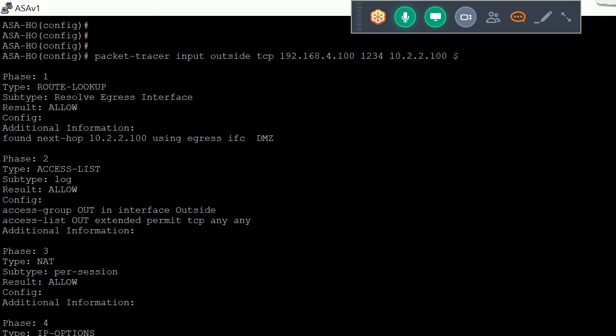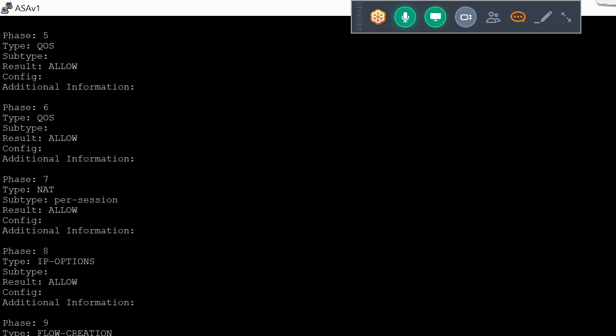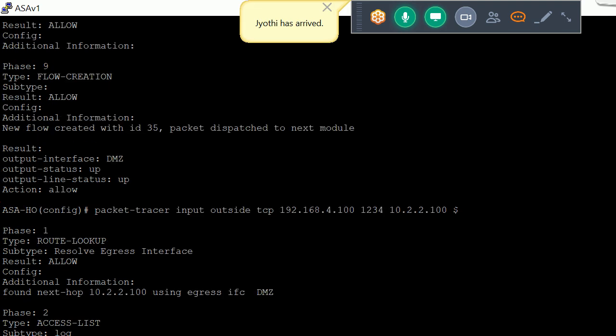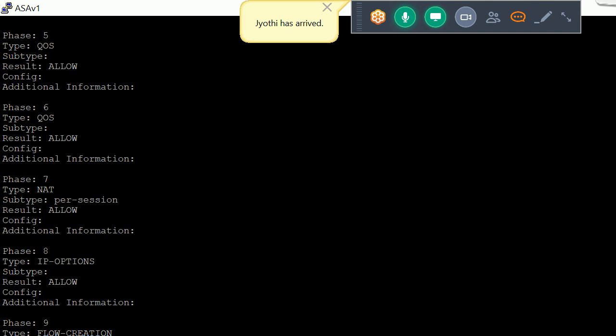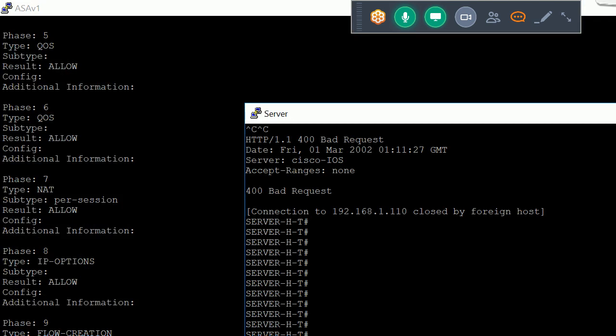That is the way to verify if our configuration is correct or not. If I run this command for 80, this will also work.